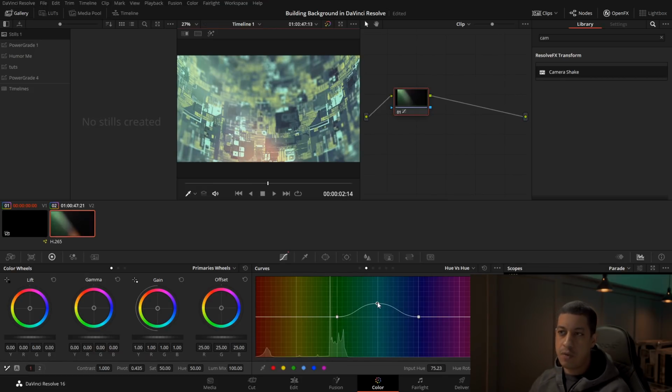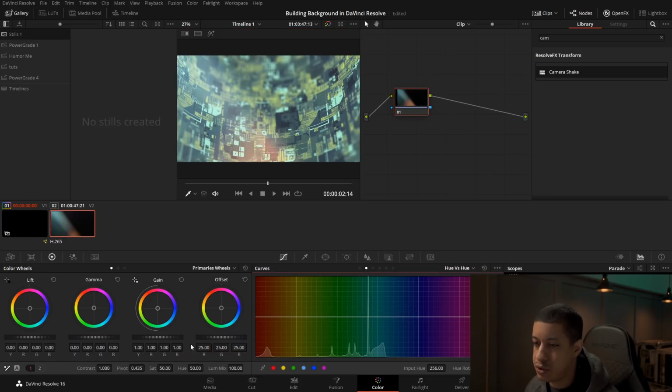The reason why I did hue versus hue is because if I was to just come into here and go back to where there's just green, and I took this and shifted it over, it would also shift that little bit, even though we're shifting this into green. So instead, I do hue versus hue, and I just take all of the cyan and shift that into the green, but then this red little bit still stays red. So that's kind of why I did that.